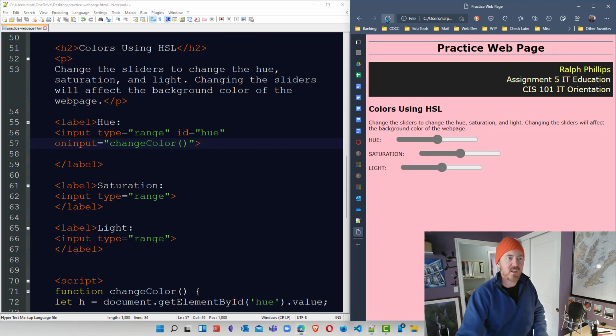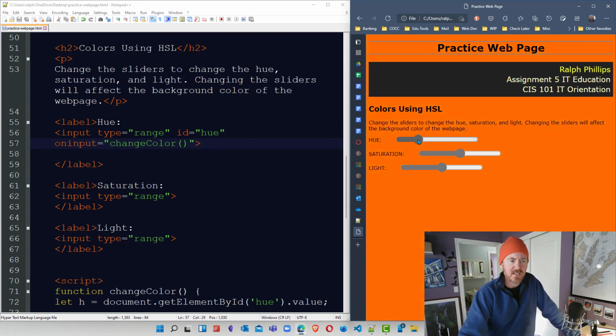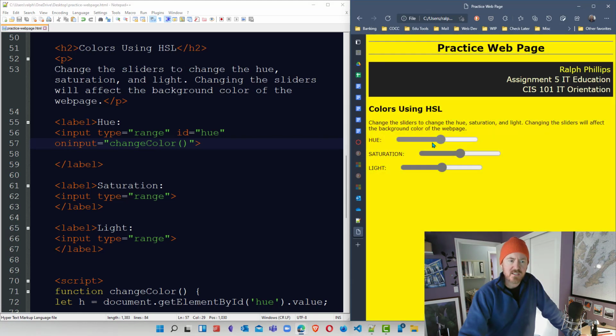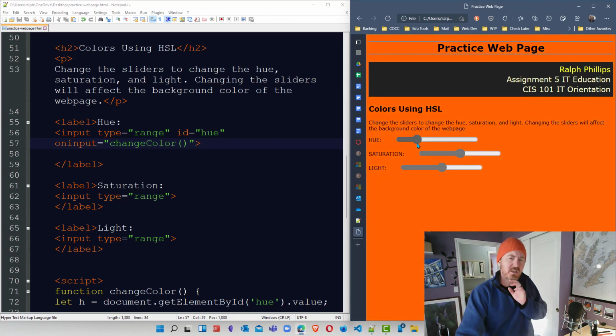I'm going to head to my browser and refresh. Now if I change my hue slider, I'm getting those color changes. So I can go to red, I can move up to green and stuff like that. Well, looks like it's starting to work. Now I'm going to change a couple things here. For instance,